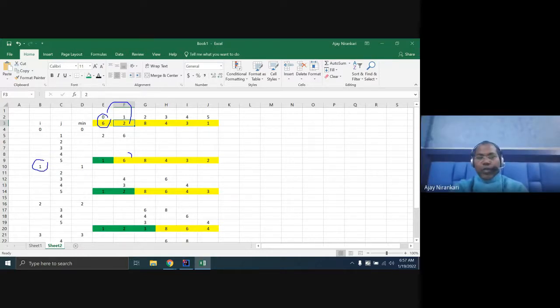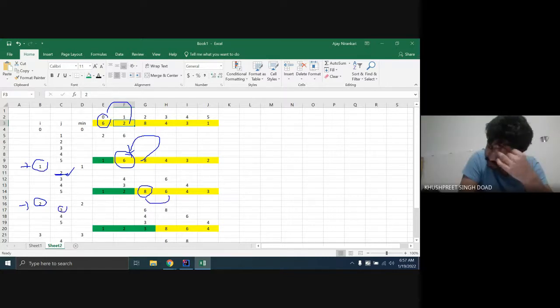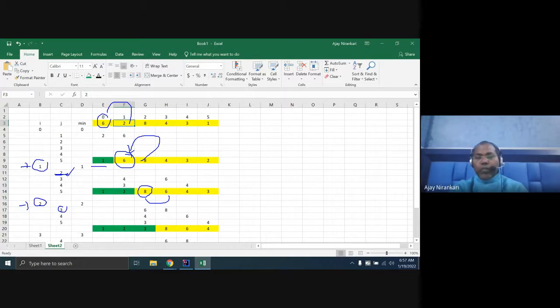So you are assuming this is the minimum, right? Okay. So your next loop starts from 2. You are comparing the position 2 data with this, right? That means if your i is 1, your j should start from 2. If i is equal to 2, that means you are assuming the position 2 is the minimum, right? Your comparison should be with 3, so your j should start from 3. Because in the first pass you fix the position, in the second pass we fix the position. So there is no need to compare.